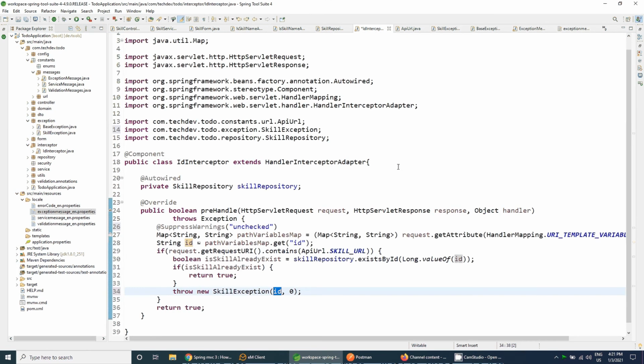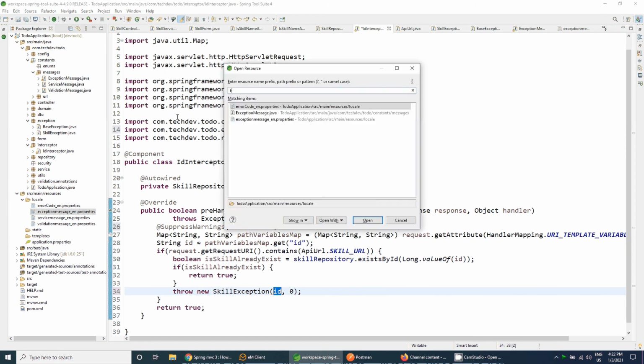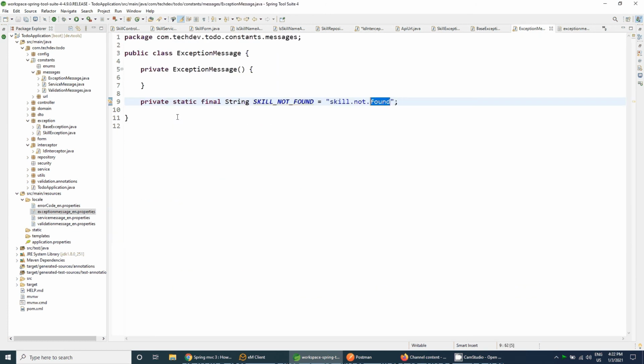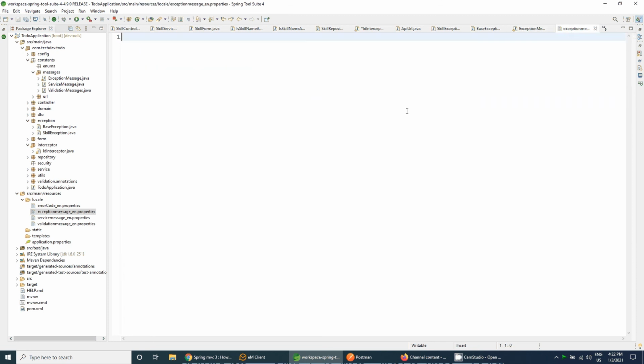Let me copy the key again. And we will set the message as: skill does not exist.